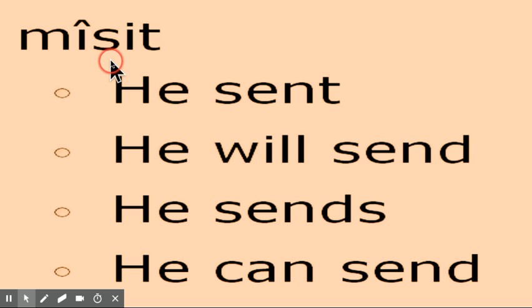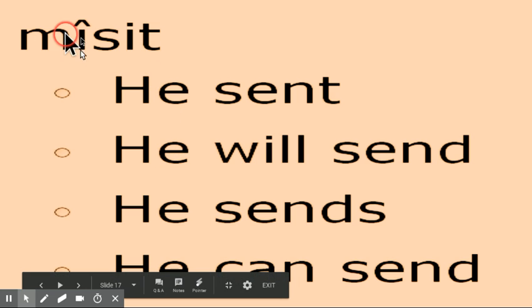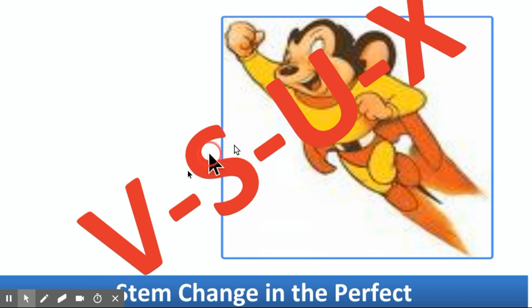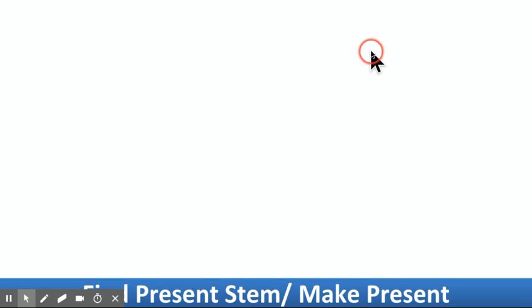Misit is one of the forms you learned. That's a perfect. They're all third person singular. The long i tells you it's a perfect, so he sent. So the stem is all the same, but the endings are all the same. So therefore, these stems will tell you immediately. Notice those long marks. That's a big key that it's a perfect. But there's also some extra consonants put in. For example, whenever you see v, s, u, or x, you're dealing with the perfect. Watch. In the verb